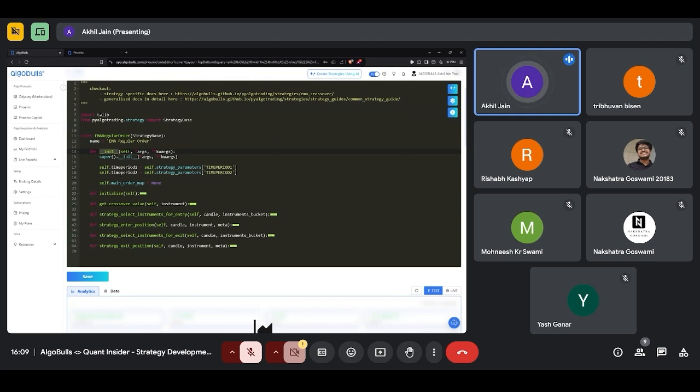The smaller part of this same method is that we always need variables in a particular code, in a particular program. So I'm taking a variable here called main order value. I'm just going to store my order here and use it for entry, exit, and other things. As of now, I've just set it to nothing.